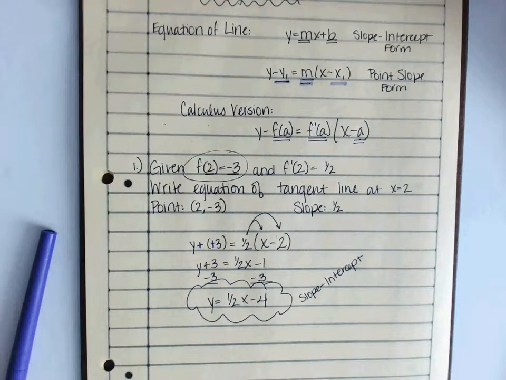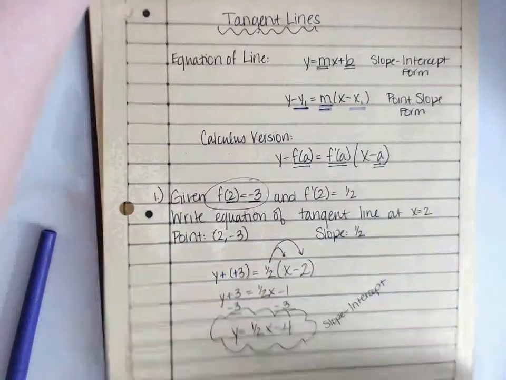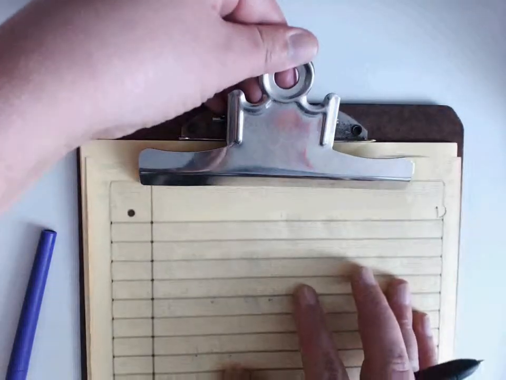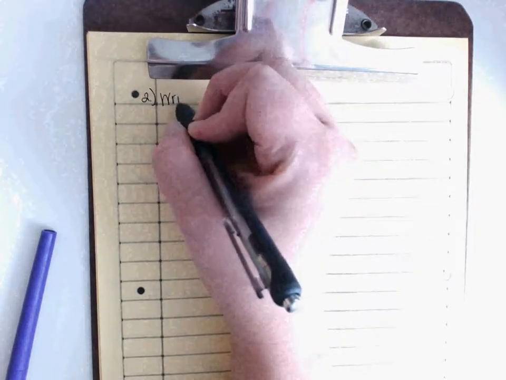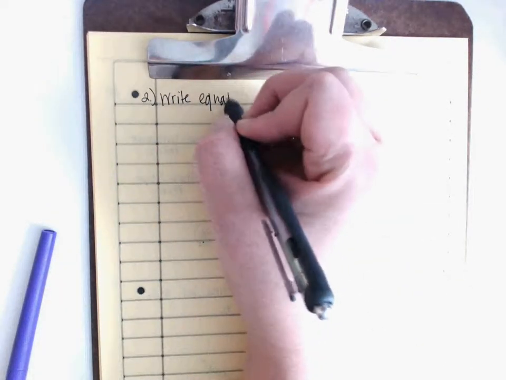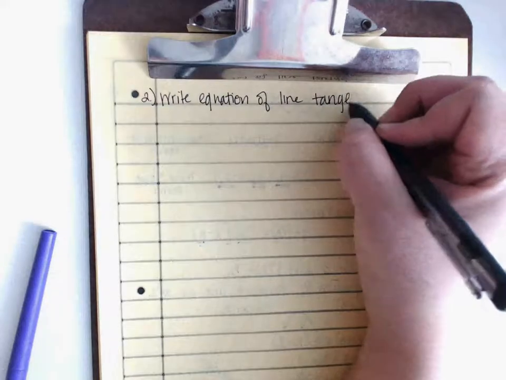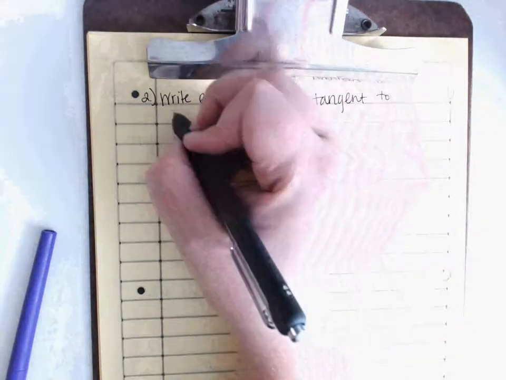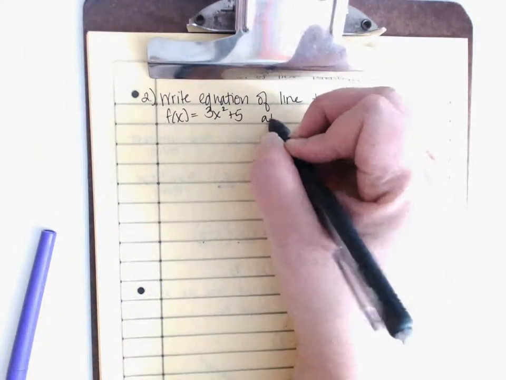Alright, now obviously it gets a little bit harder than that. Shouldn't get too hard, but let's do another one. So, if you need to pause the video, do it. If not, we are going to move on. So, example number 2. You're going to write the equation of the line tangent to f of x equals 3x squared plus 5